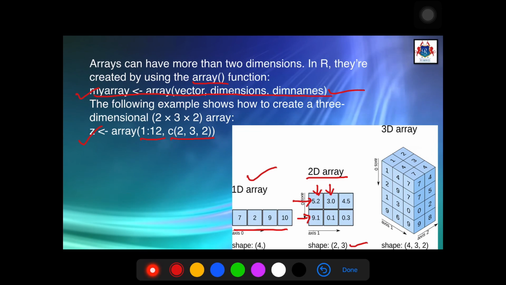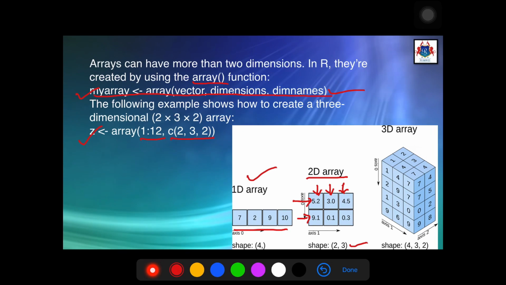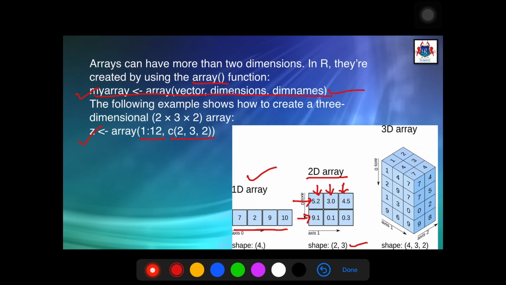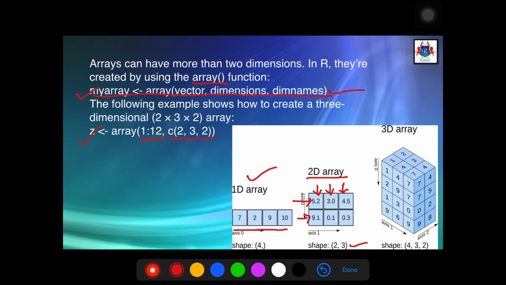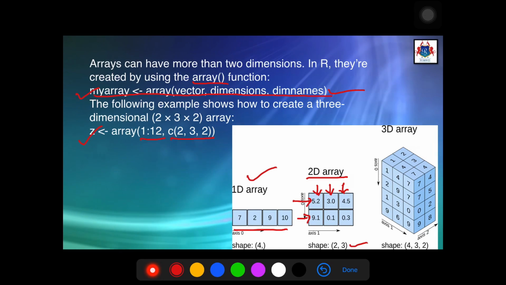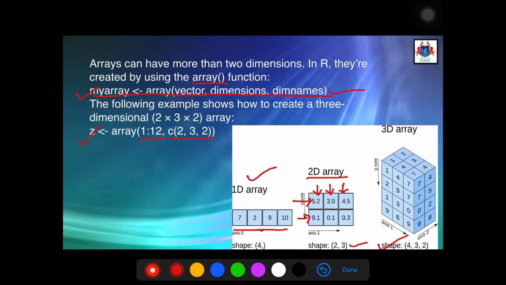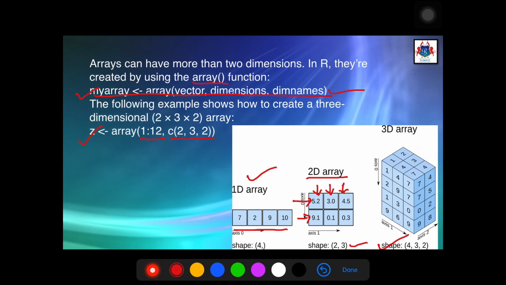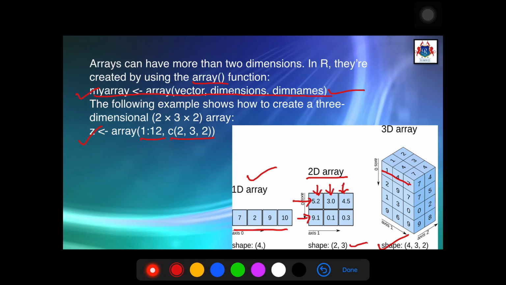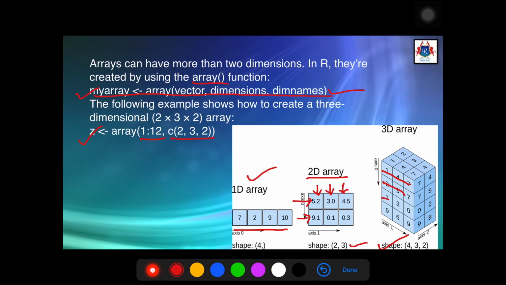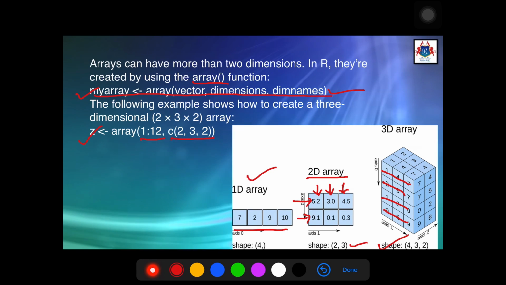Then it can be a 3-dimensional array which has 3 axes, so i, j and k, or axis 0, axis 1 and axis 2. Now in this case the 3-dimensional array size is 4 by 3 by 2.